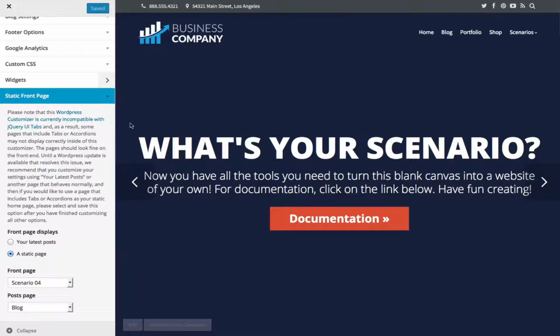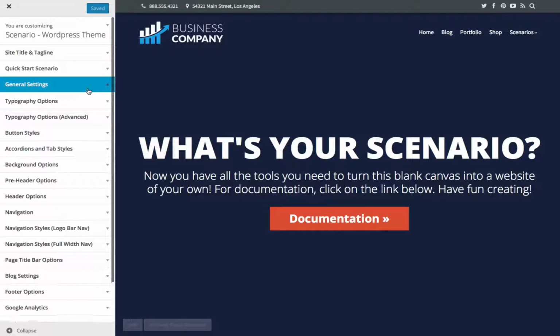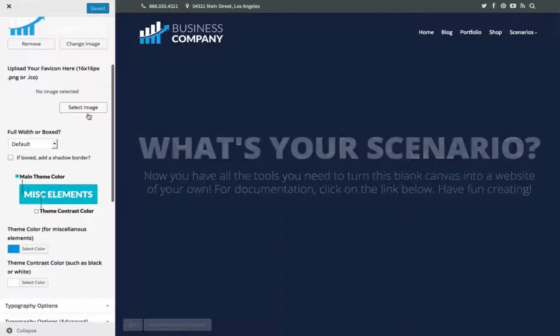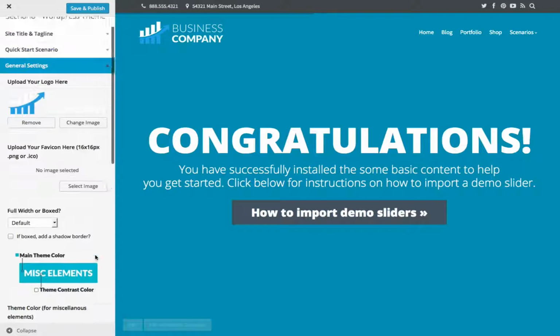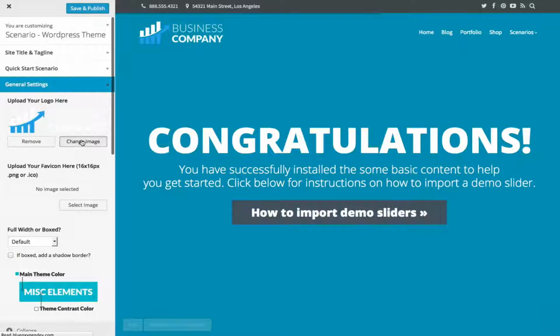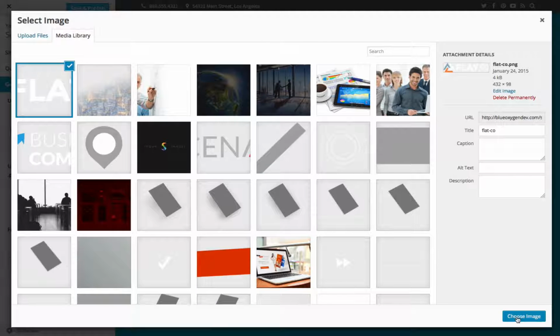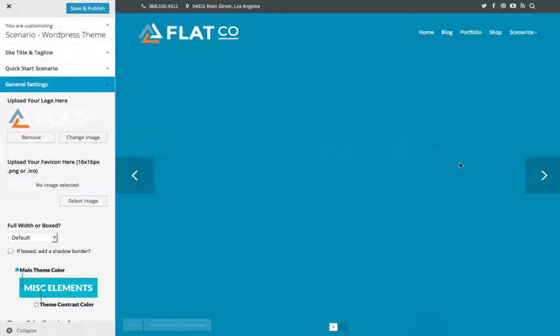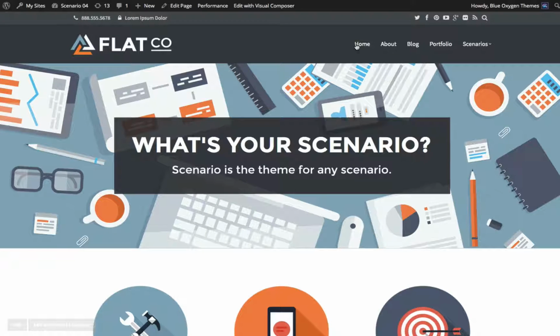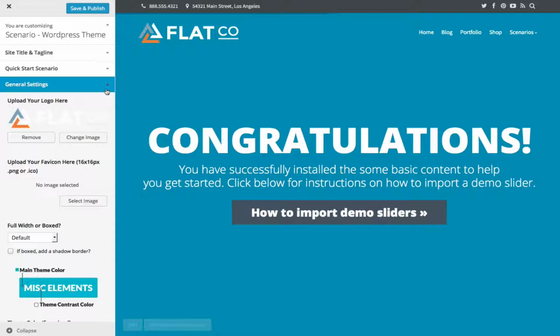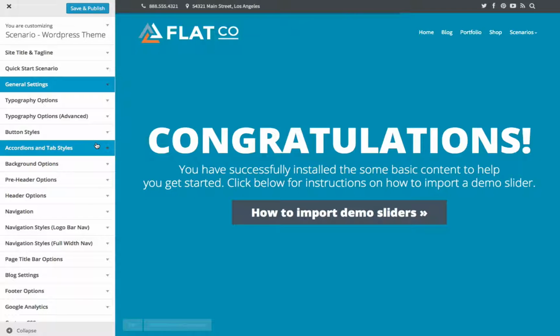The other thing that we want to do is we want to change the logo, so that goes under general settings. Oh, we also have this override we want to remove. Okay. And we want to change the logo image. Okay, great. Now this doesn't have the alternate header, so let's go ahead and remove that from when we did